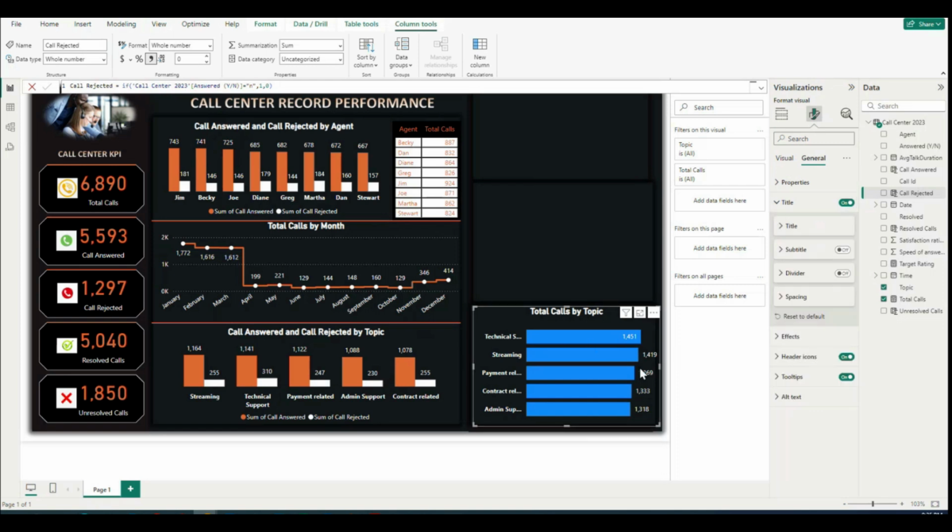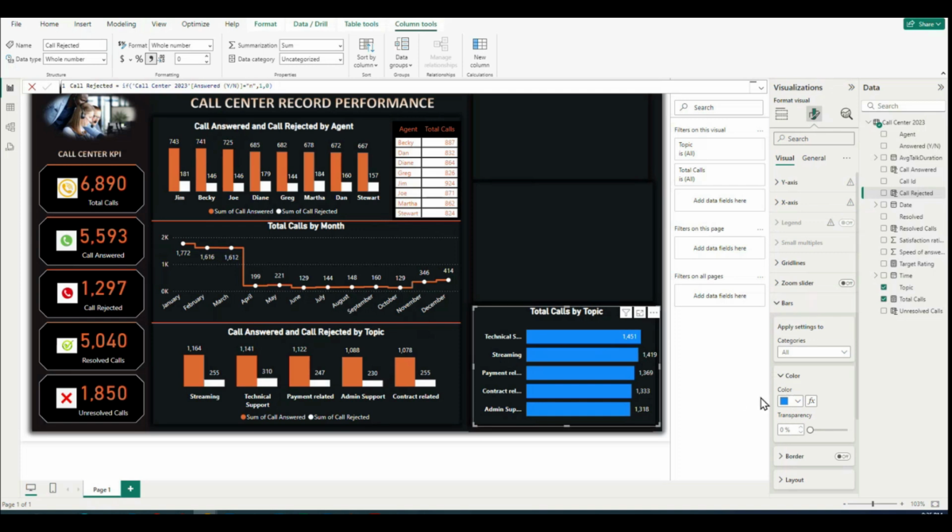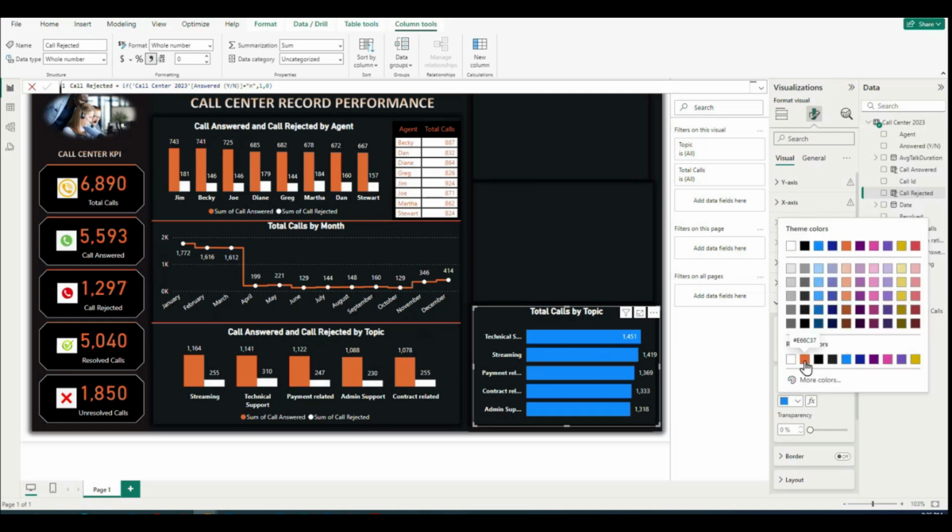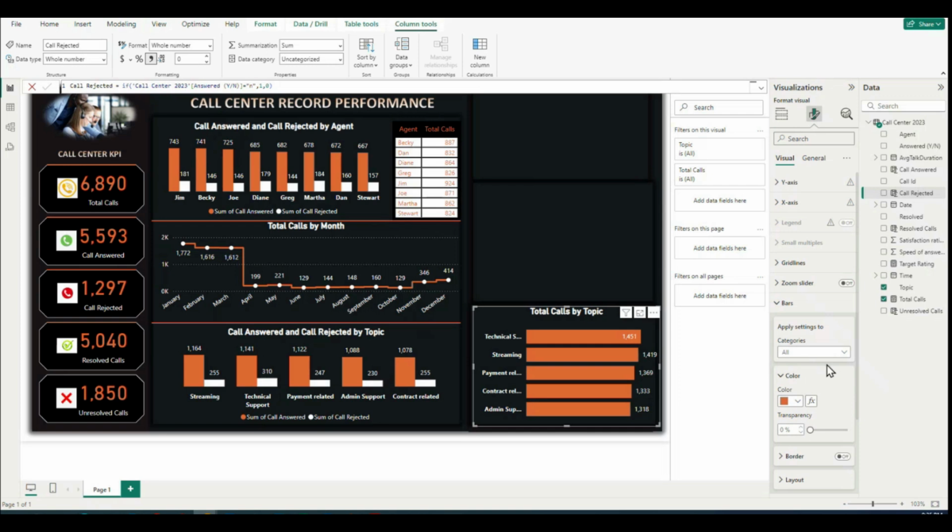Now let's change this bar thing. So visual, bars. The color is blue. Let's go to our preferred color. This also looks great. Then I'm seeing the values, but again, I would like everything to be inside. So for that, X values,